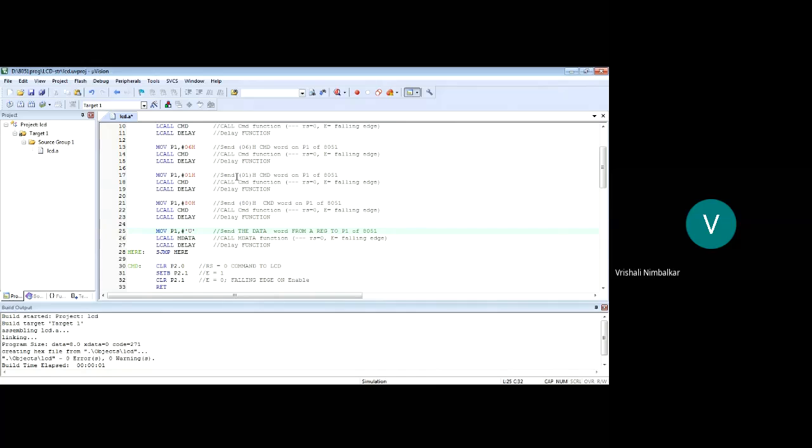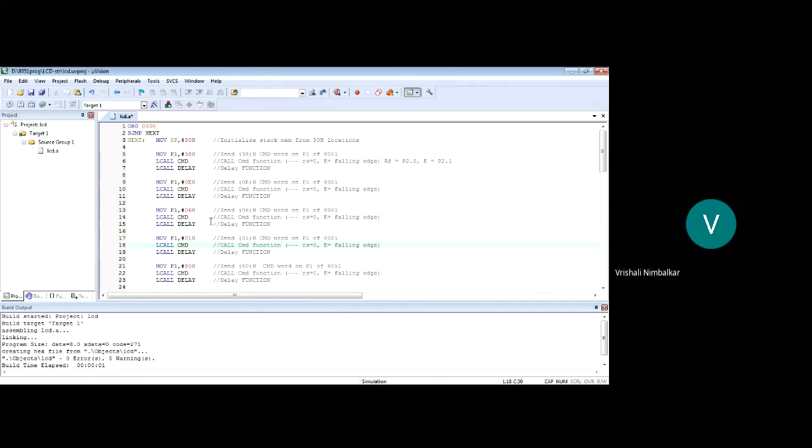So the program should be like this. It is not that every time you do a modification so that the program displays one character, and then again do a modification so that it displays a string. No, that is a bad way of programming. Our program should be such that once we write it to display something on the LCD, it should be able to display a single character, multiple characters, or a message of any length. Is that okay? So let us modify this a little bit.